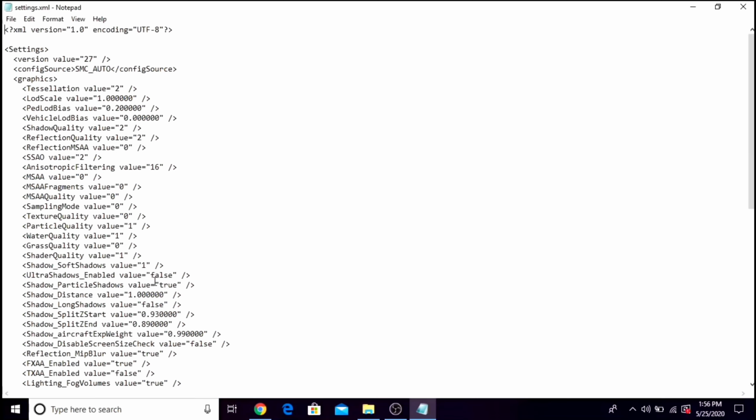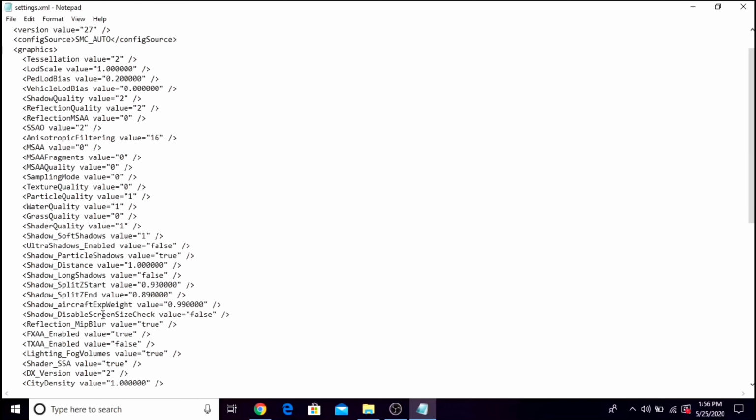Ultra shadows enabled value should be set to false. Shadow particles shadow value should be set to true. Shadow distance value should be set to 1. Shadow long shadows value is false.